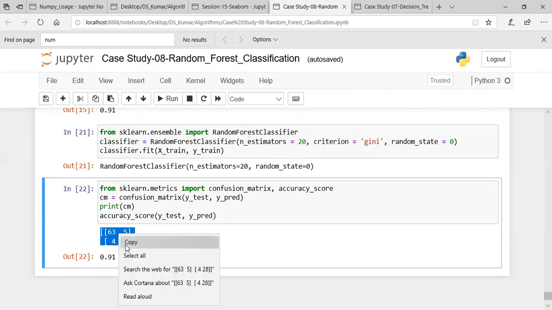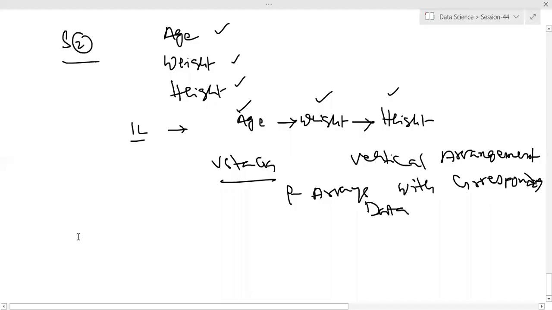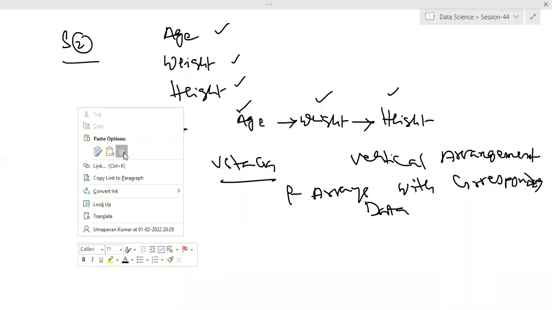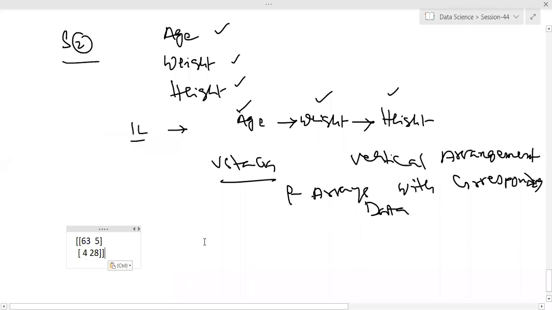Let me paste this here so that we can easily differentiate, because accuracy-wise both are the same. This is one thing we got. Another thing is this is related to our Gini. And one more thing, let me pick up that particular confusion matrix also. One minute, guys. So where is that entropy? And after getting this particular entropy, we got